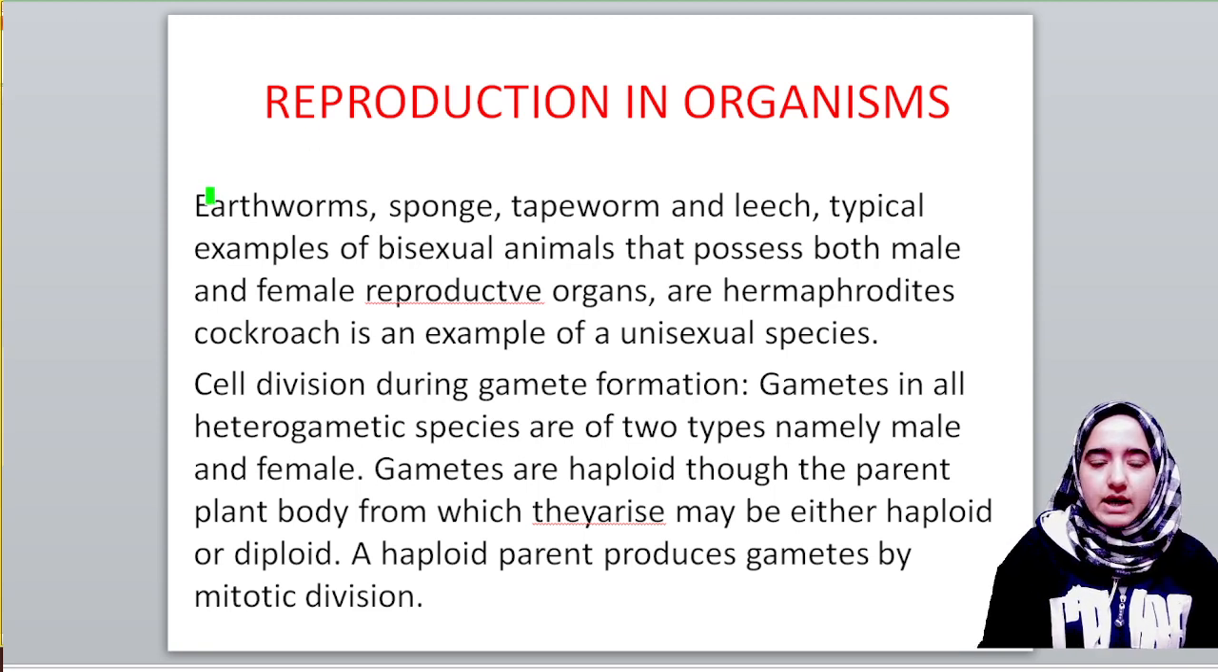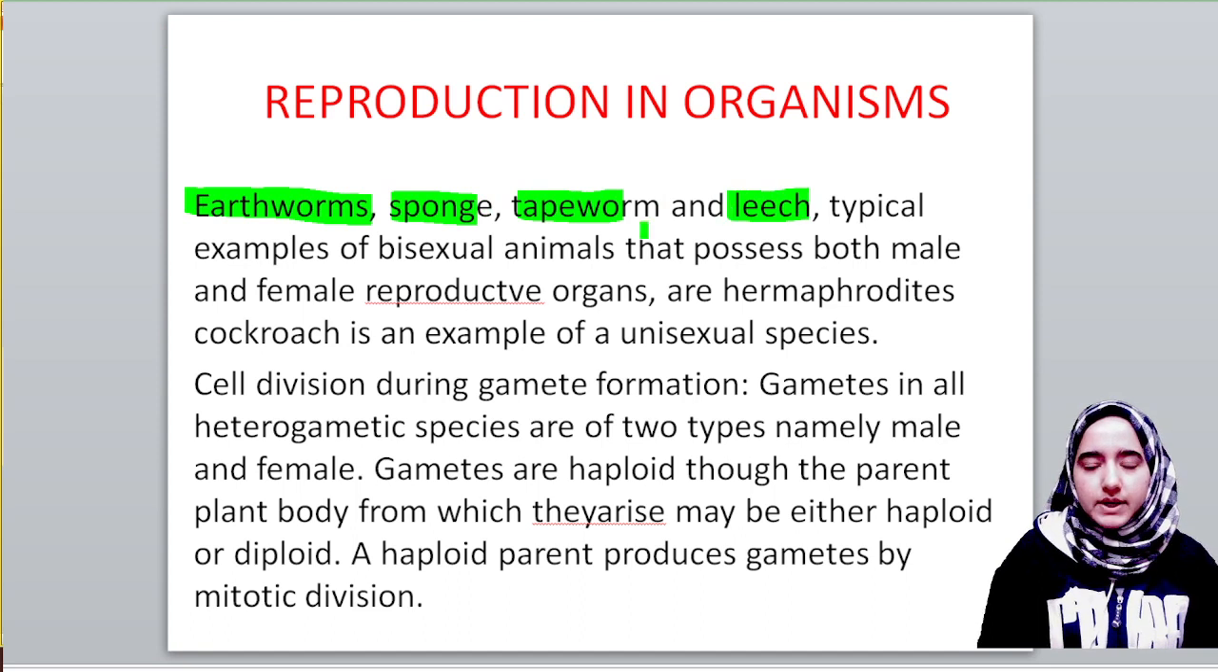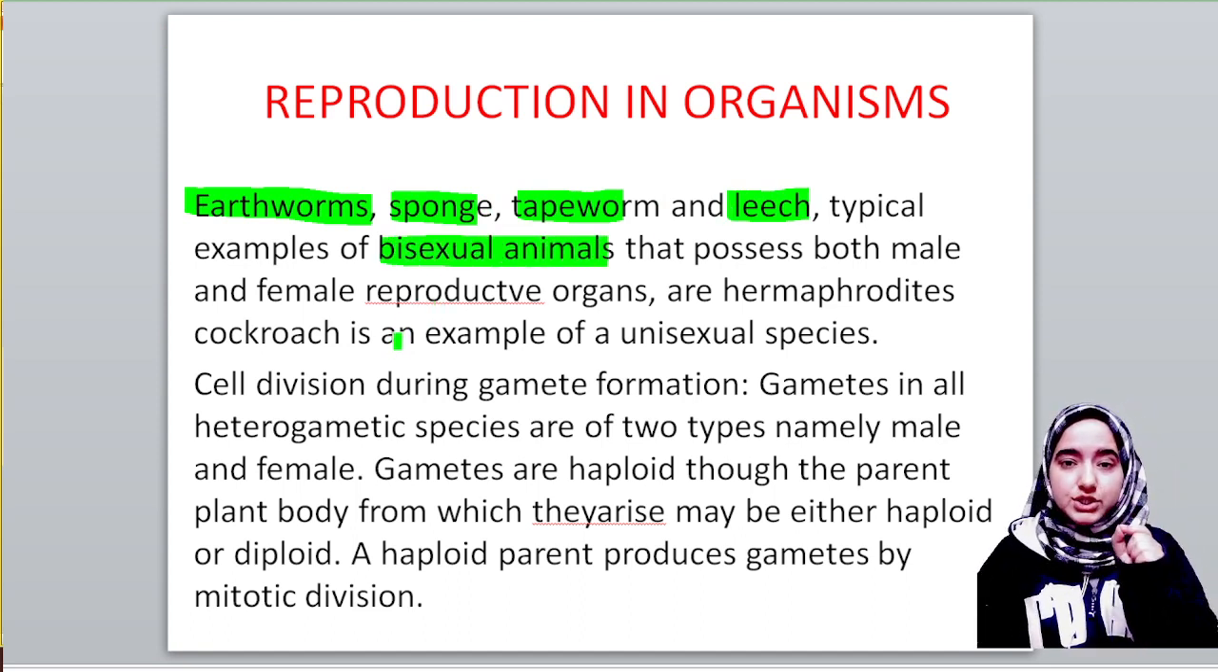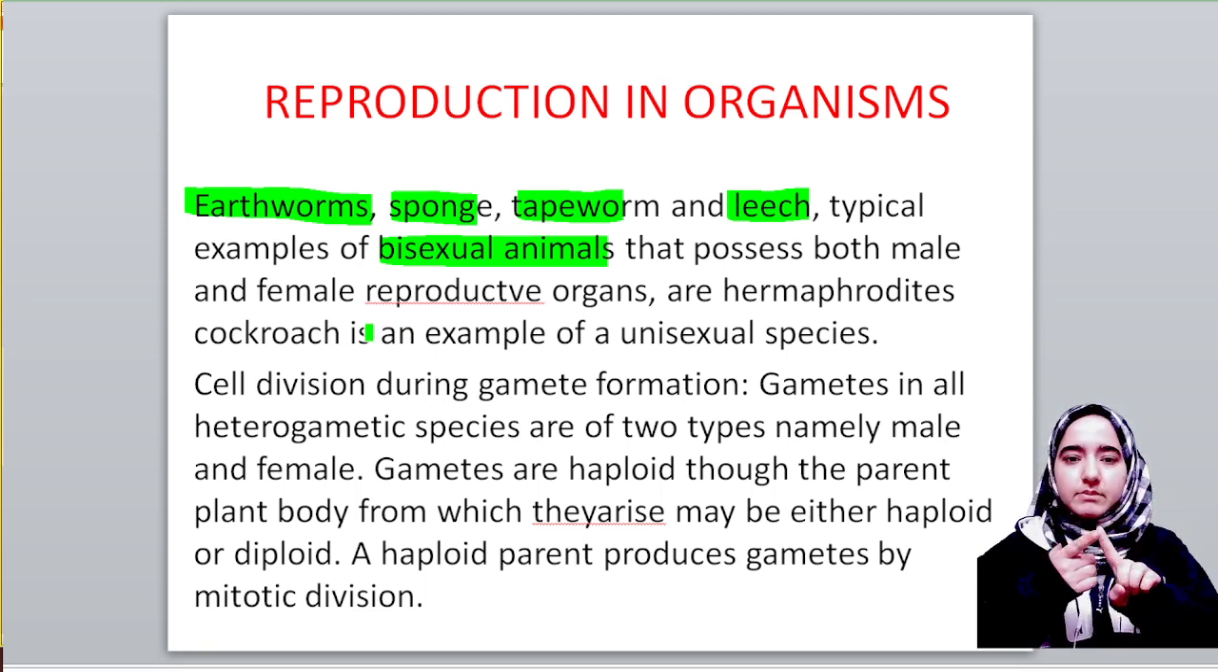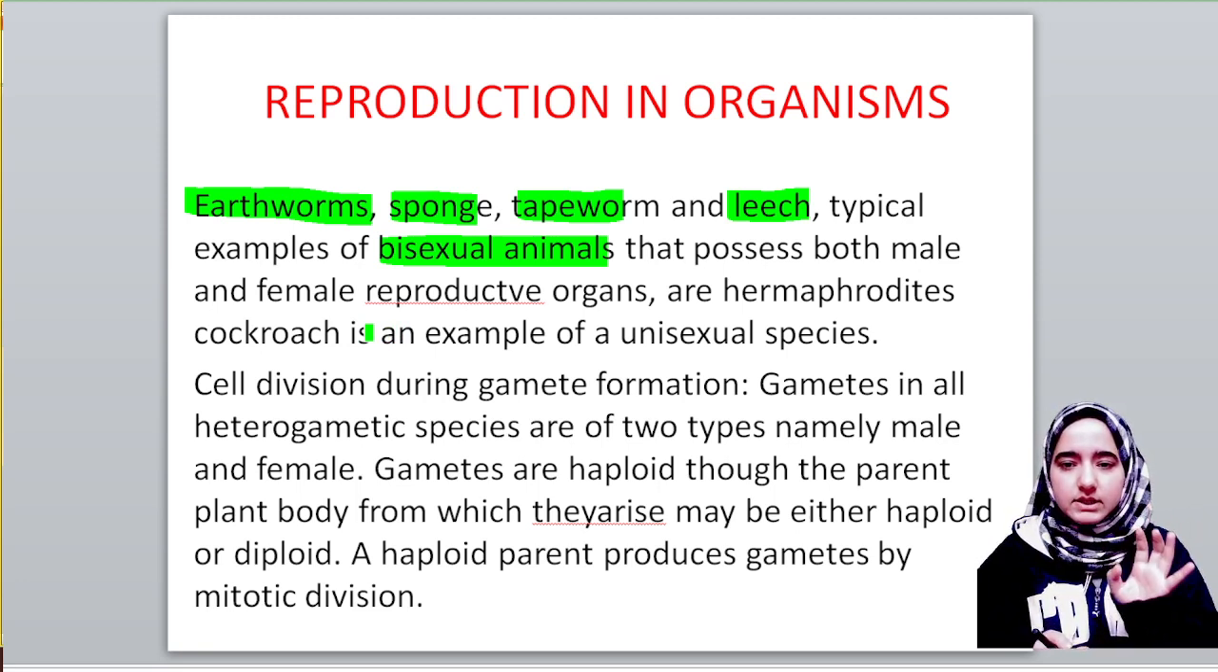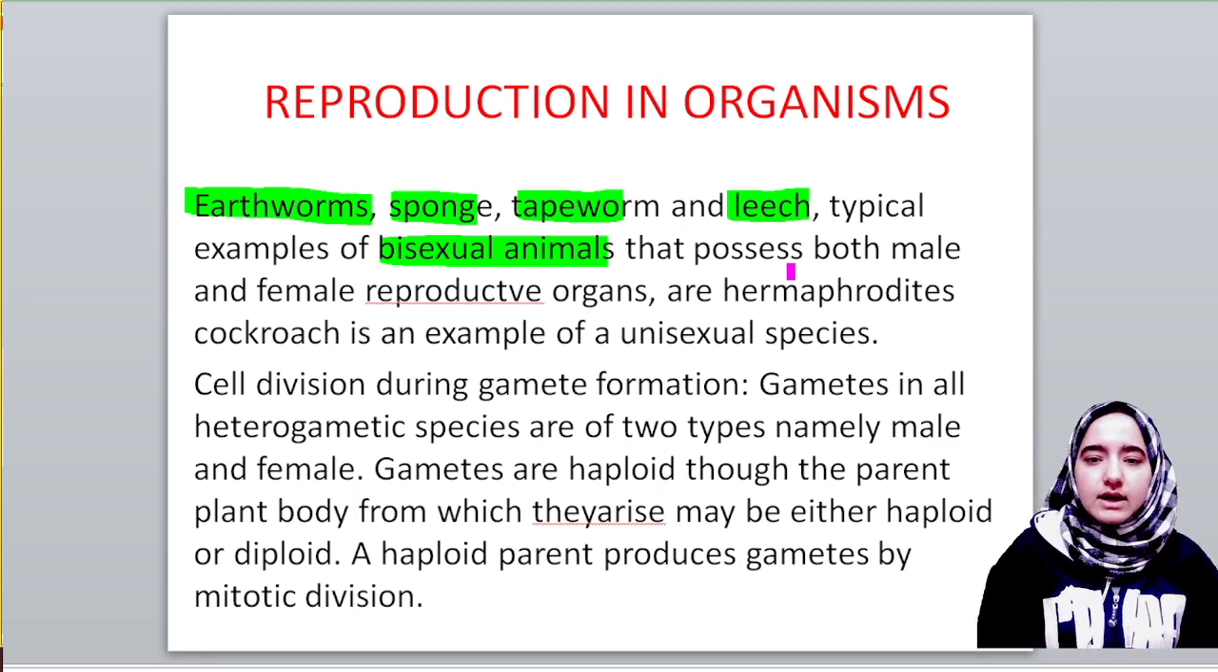Now we have some examples: earthworm, sponge, tapeworm, leech. They are basically bisexual animals, and as I already mentioned, bisexual animals are those animals which have both male and female reproductive organs. Please remember, earthworm, sponge, tapeworm and leech are examples of bisexual animals, and these organisms are also